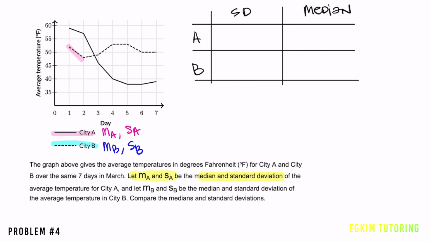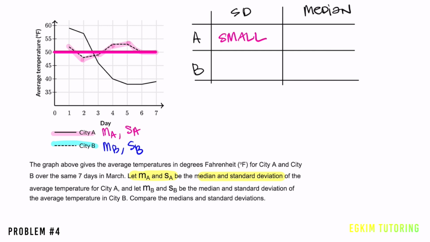Then it drops down to 49, and then it goes up to 50, then 54. So the data is pretty consistent, and it's around 50 degrees Fahrenheit. Let's say that the mean is around 50 degrees and draw a line. You can see now that the data points are very close to the mean, so here the standard deviation is